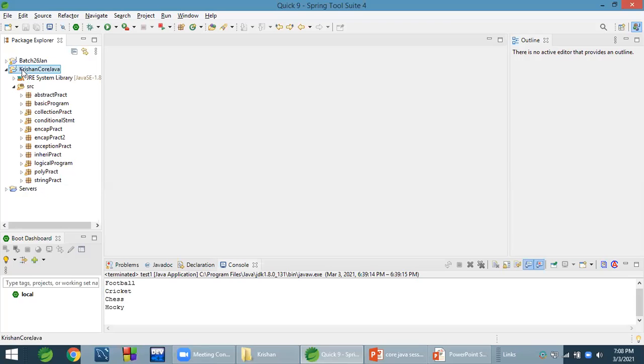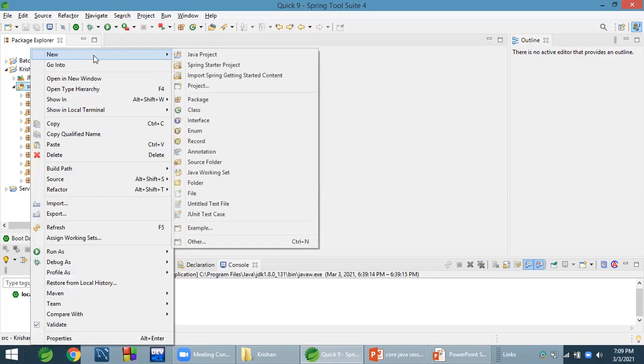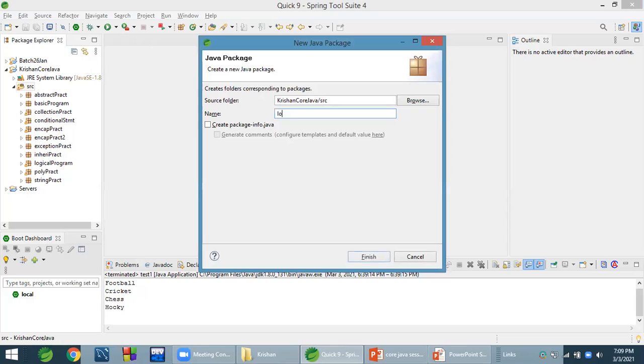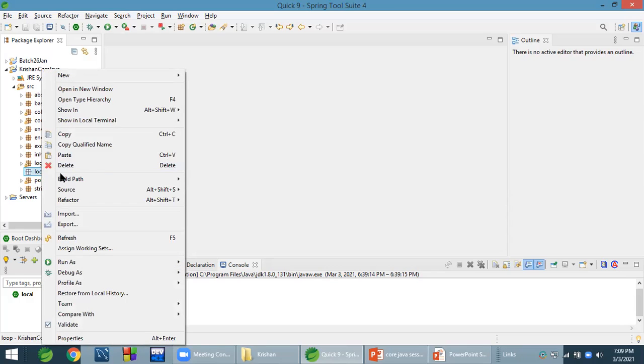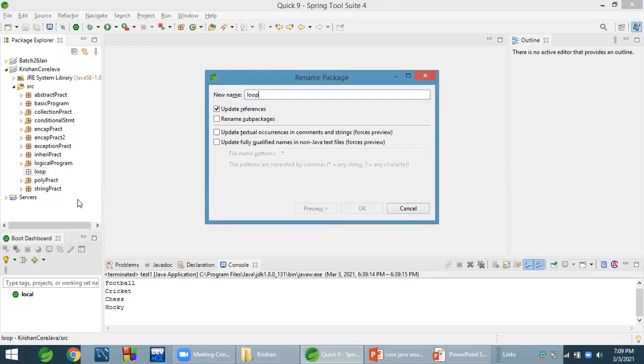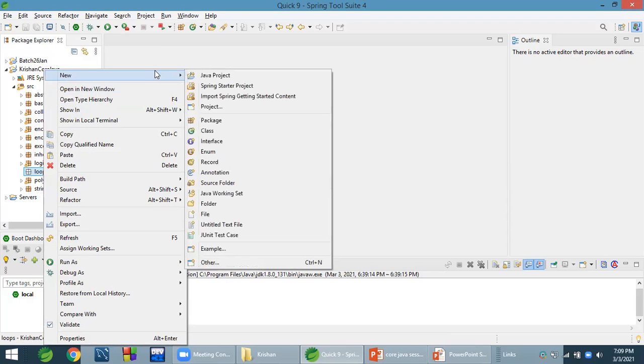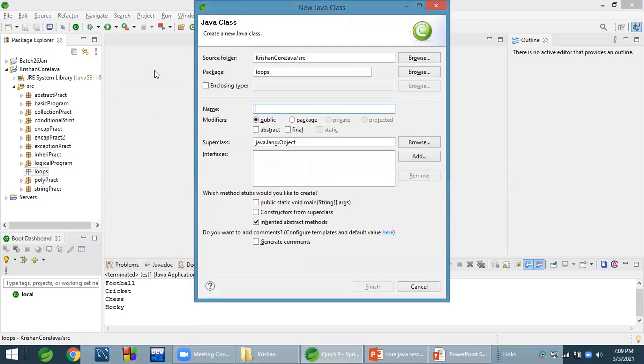Here we have one simple Java project. In this src, we create one package called looping statements, or just say looping. Right click on it, take a new class and name the class WhileDemo.